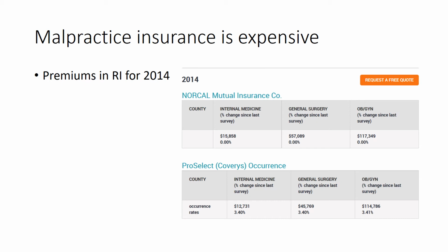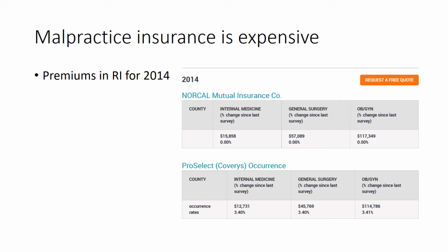It was from 2014. If you are just kind of a general practitioner, family medicine, internal medicine, your malpractice insurance could be anywhere from $12,000 to $16,000, which is a lot of money. That's $1,000 a month or more just going to malpractice insurance. If you're a surgeon, though, it can go from $45,000 to $57,000. Which is probably more than most people's salaries who's working for you. That's certainly more than the certified nursing assistants, and it's probably more than some of the admins who are working for you making the schedules for you.